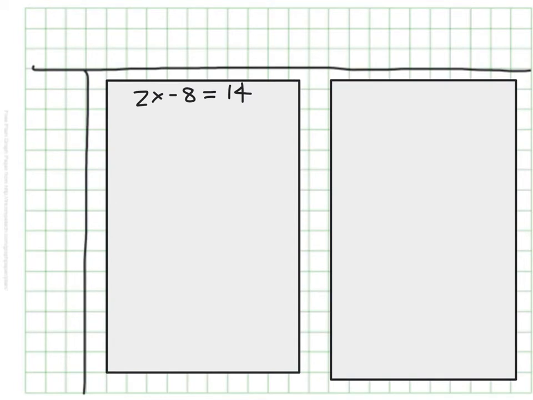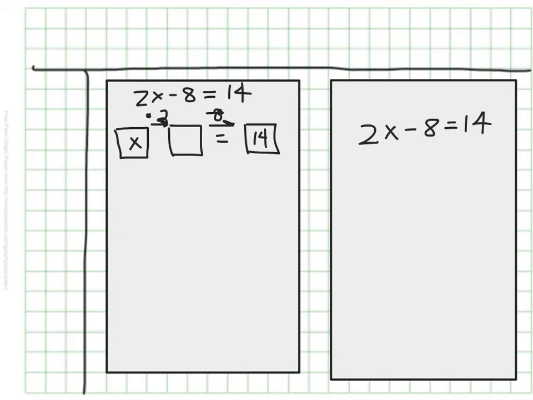So I have 2x minus 8 equals 14, and I'm just going to set up the backtracking. So that would look something like this. And on the other side, I'm just going to write the equation as is. In the backtracking form, the last thing, my last step, was that I was subtracting 8. So my first step would be to do the inverse, which would be to add 8, and that would be